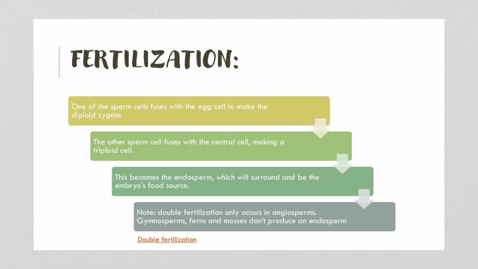And the other sperm cell fuses with the central cell, which makes a triploid cell, which then becomes the endosperm, which will surround and be the embryo's food source. And just note that double fertilization only occurs in angiosperms. Gymnosperms, ferns, and mosses don't produce an endosperm, so they don't have double fertilization. But angiosperms do. So there's two acts of fertilization that happen. One to form the seed, the new baby plant, and the other to form the endosperm, which feeds the baby